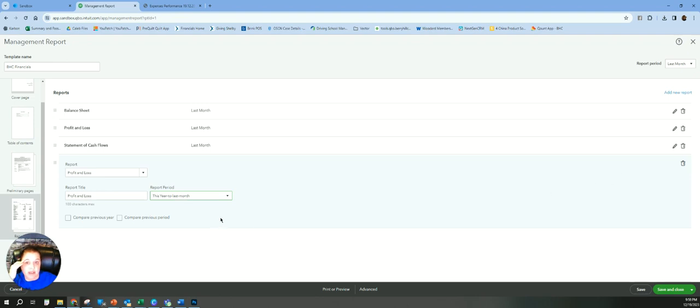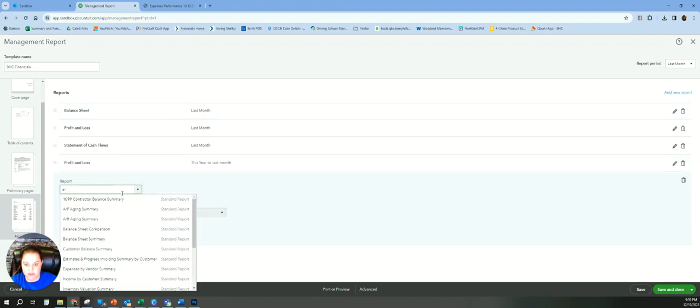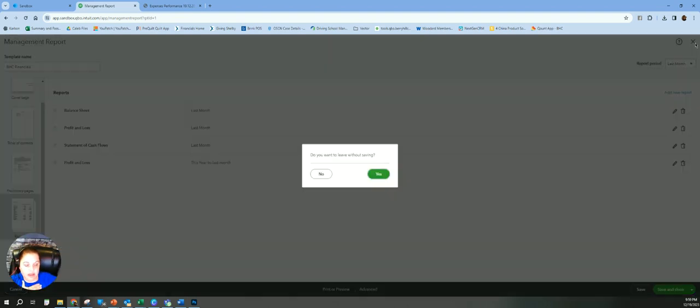If your client does budgeting, there are some budget to actual reports that are really great. Another thing you can do is include this compare previous year, compare previous period options in here. AR aging reports are things that we include fairly often, AR and AP. The other things that we include on almost all of our client files is we will set up a customized